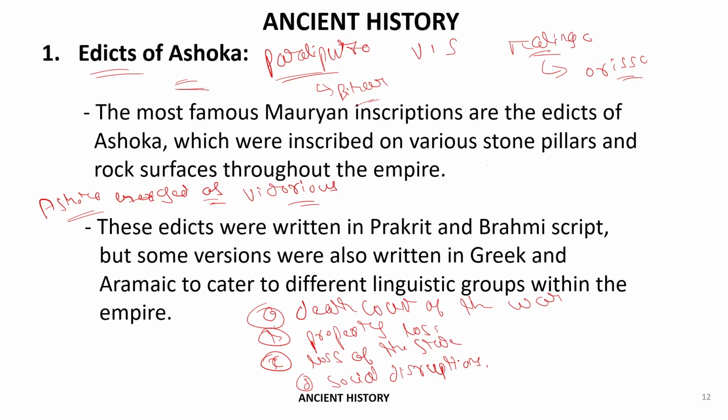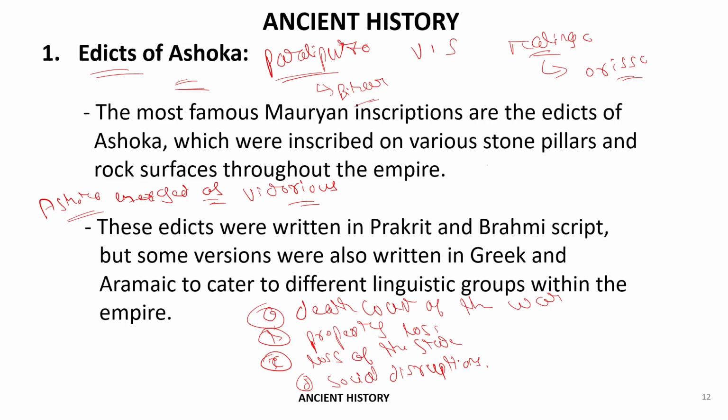Third thing was loss of the state. Because fighting a war requires a huge amount of money. The Ashokan empire had to invest more and more in funding the war. Okay. But they got so little in return, because the kingdom they were aspiring to acquire got damaged in this war. So there was a huge loss of the state.